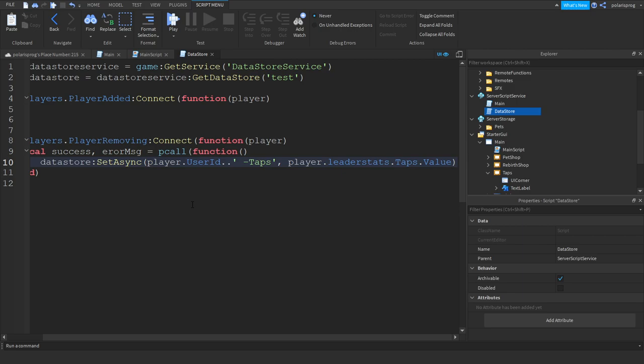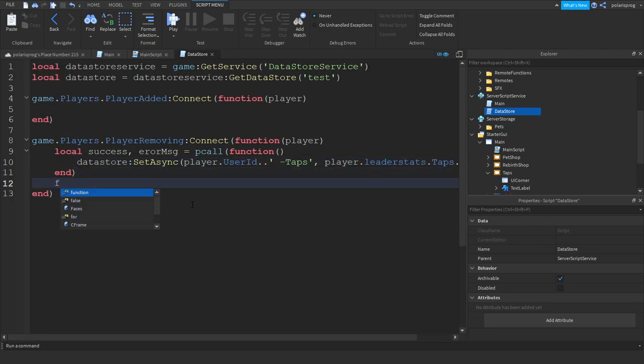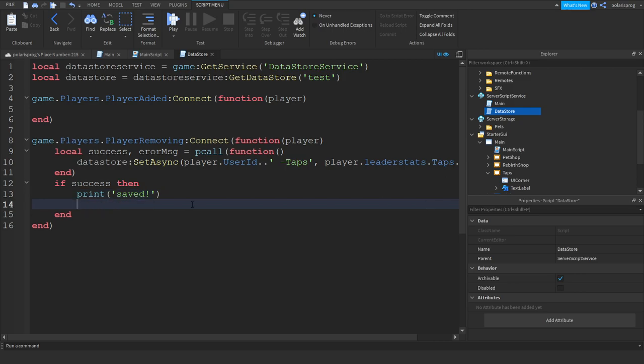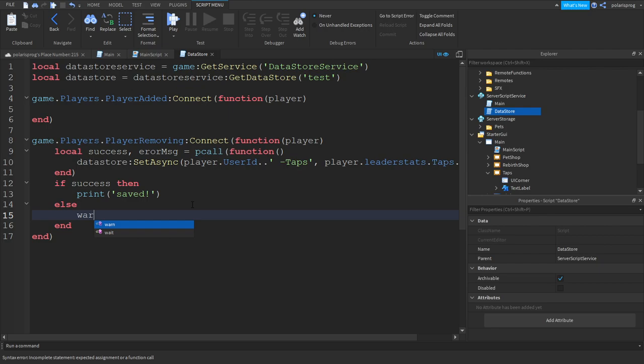and then in here we're gonna do if success, then we're gonna print that the data saved, else, oh my god, else we're gonna just warn errorMsg, which is error message. And in here, we're gonna do